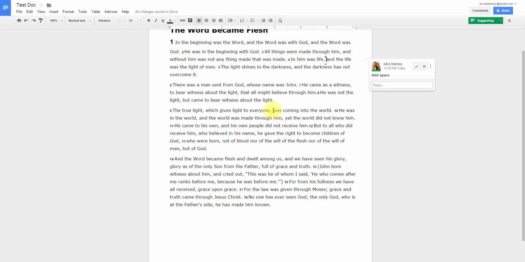It's hard because the Word of God is awesome and doesn't need to be edited, but for the sake of discussion, we're going to change one of these sentences. So it says the light shines in the darkness and the darkness has not overcome it. Let's say we wanted to change it to the light shines in the darkness and the darkness will never overcome it. Let's just say we wanted to change the words there for some reason and we wanted to suggest that